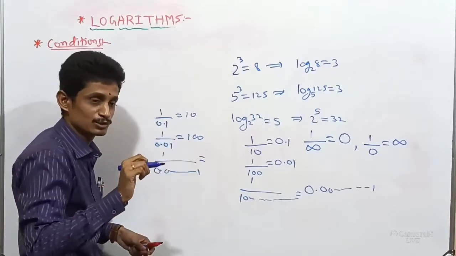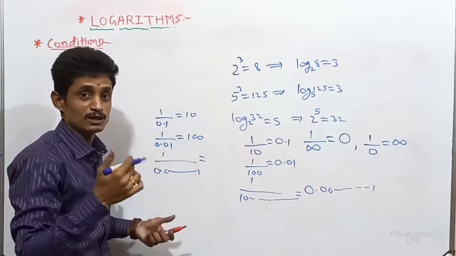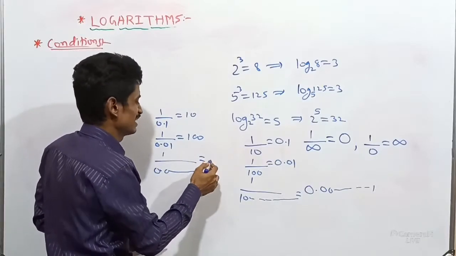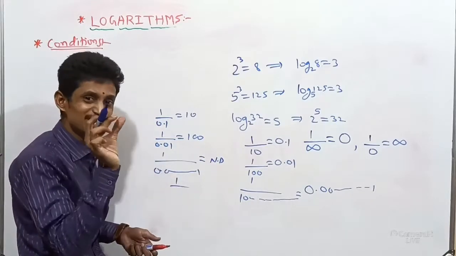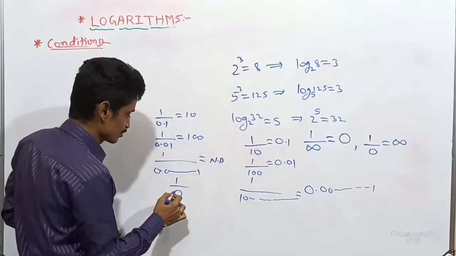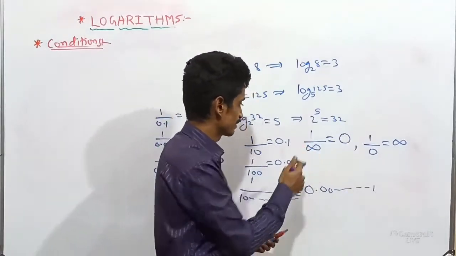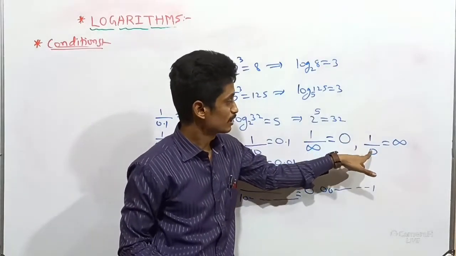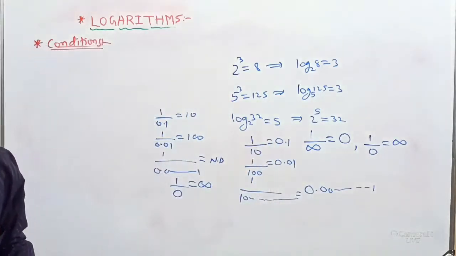0.001, our answer will be 1000. When we have 0.0000 and so on 1, how can we predict our answer? That's why we don't know our answer. It will be very large, not defined, we write. That's why when a very small number gets sufficiently close to 0, in assumption 0, at that time our answer will be infinity. Keep in mind, when we have 1 divided by infinity, our answer is 0. Then 1 divided by 0, our answer will be infinity.